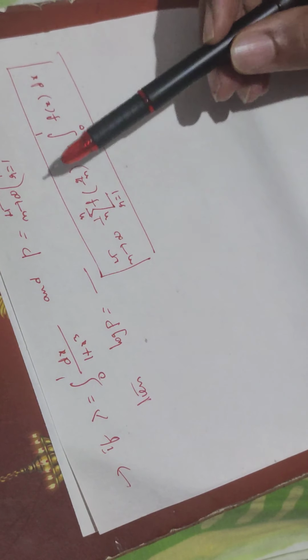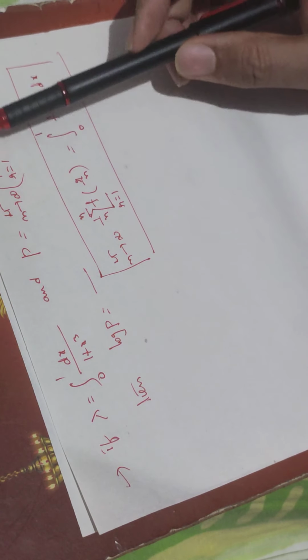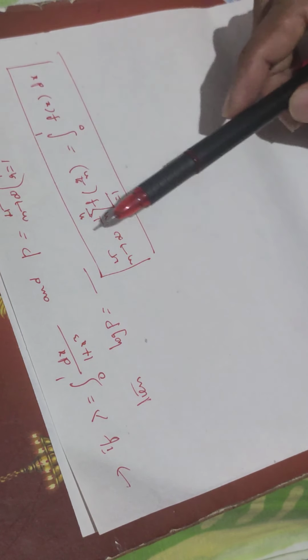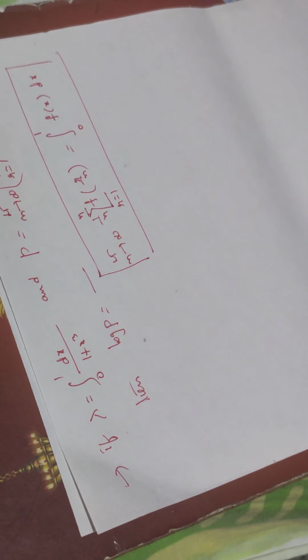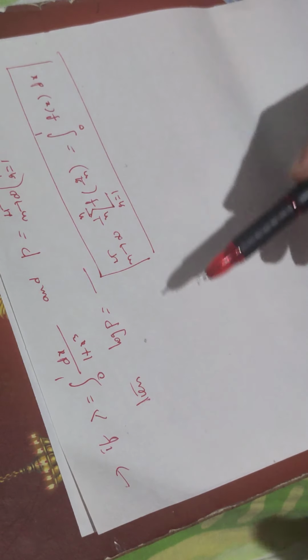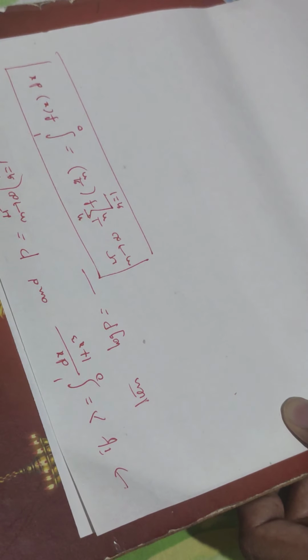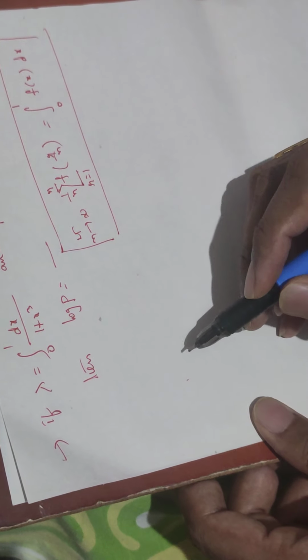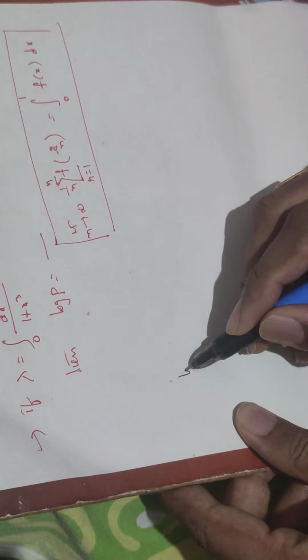So try to make this product into a limit of the sum. Whenever you want to convert a product into a sum, pi is nothing but the product of the terms, and sum is the sum of the terms. So whenever the product of the terms has to become a sum of the terms, we can apply log. So what is the log p value? Here log p is equal to